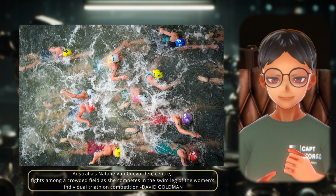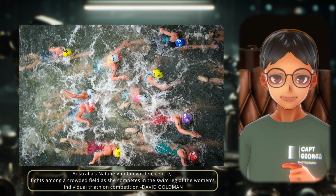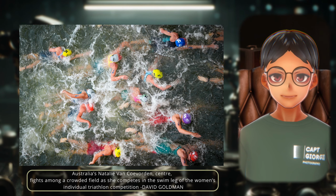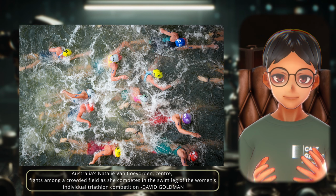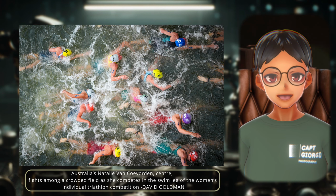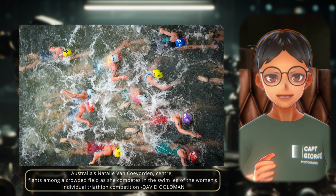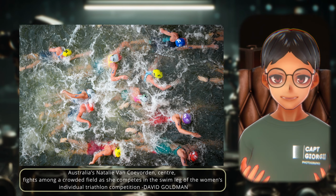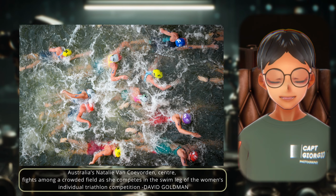Alright. So the next image I want to talk to you about is the swimming event that took place right on the river where the Eiffel Tower is. I don't really know what it's called, but this shot was very captivating in the sense that the photographer used a great sense of form and shape in order for us to navigate into this photograph. I really do enjoy, in all the mess, in all of the cacophony of the athletes and the water rippling, it really creates some form of beauty that this photographer captured,